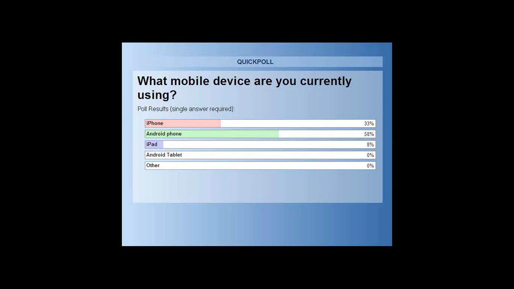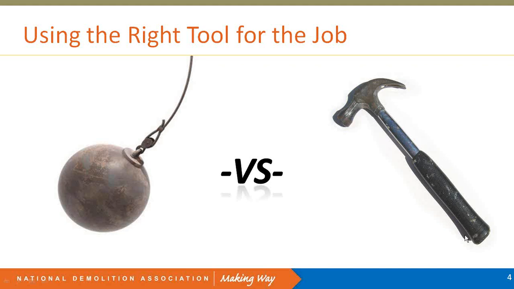However, I do have experience with the Androids, and what I'm going to be talking about, all the tools are going to be cross-platform. That means they can work with iPhones or they can work with Androids. And so the first thing I really wanted to dive into, Kim, if I can go ahead and get the slideshow back on here.